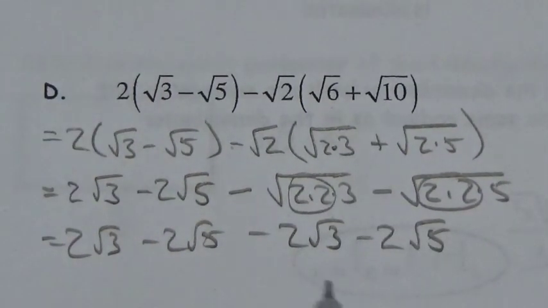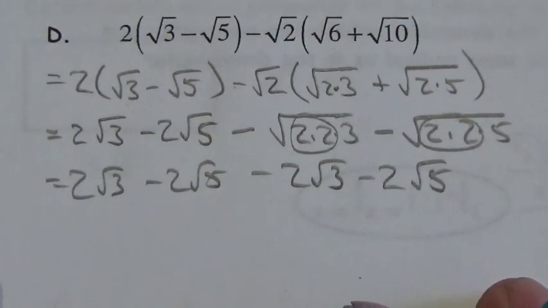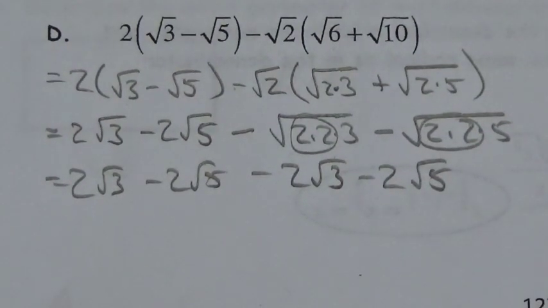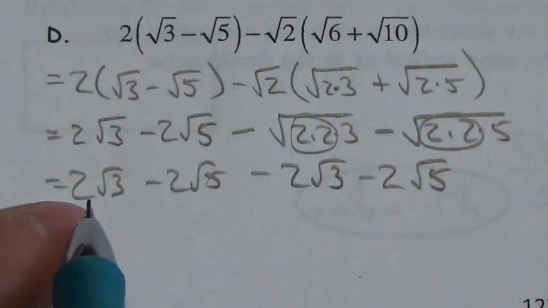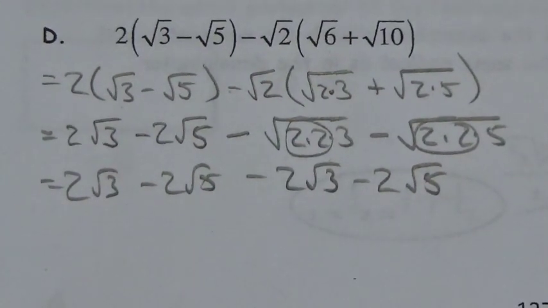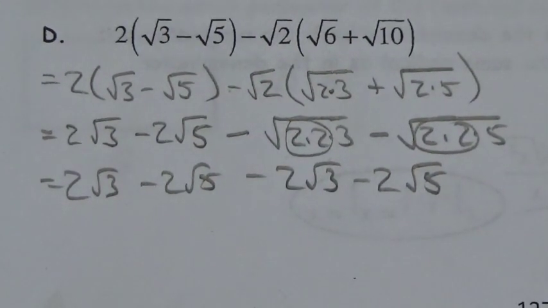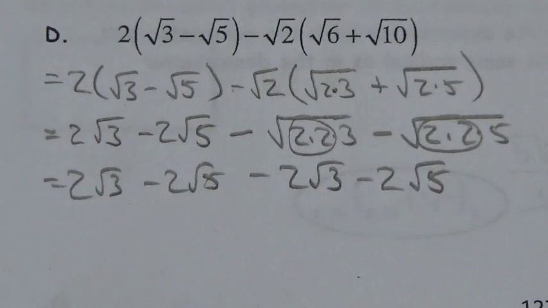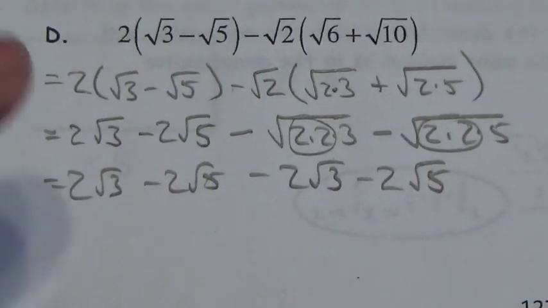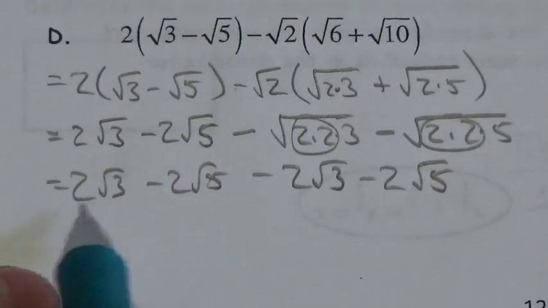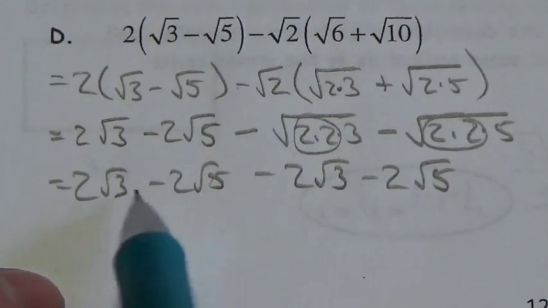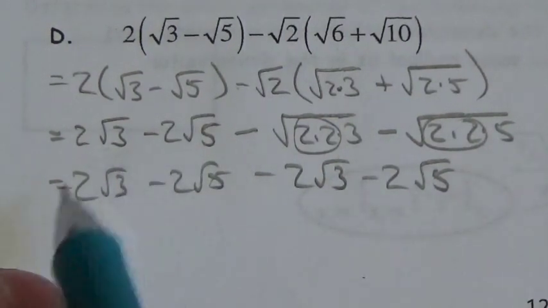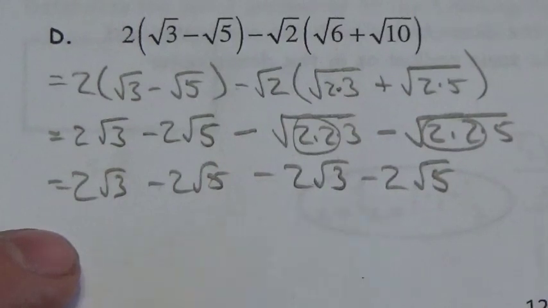Now, I've got 4 terms here, but there's 2 different radicals here. I cannot combine a bunch of root 3's with a bunch of root 5's. I don't know what root 3 is. I don't know what root 5 is. Those are unknowns. This is like 2x minus 2y. I have no idea. But I do know that if I have 2 root 3's, I don't care what's going on here because it doesn't affect my 2 root 3's,